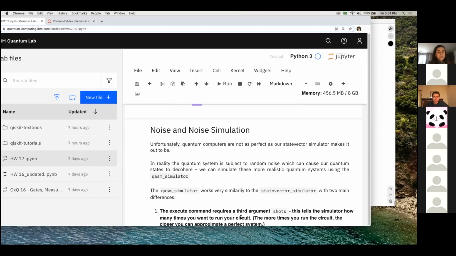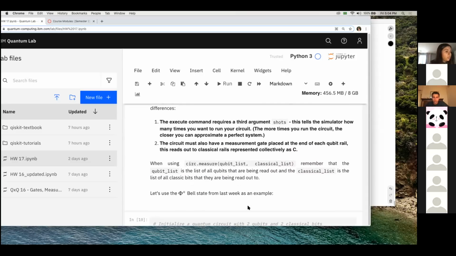But like introducing some noise, because real quantum computers have noise. It just doesn't give us exactly the value we expect, but gives us a result close enough. So what they're trying to show here,